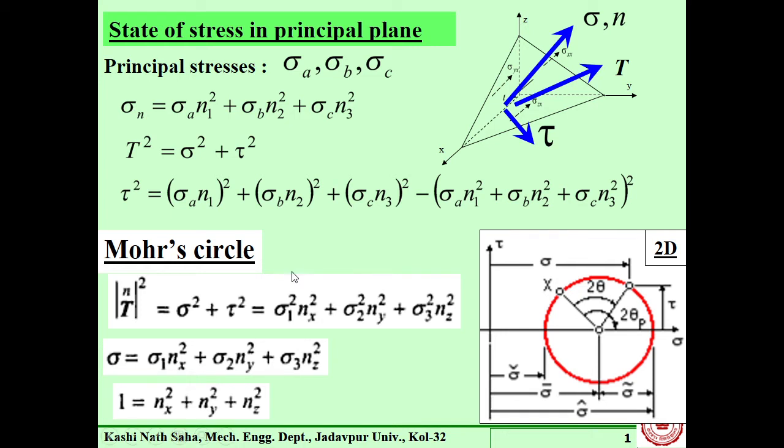Now, why are some of the regions not possible? Actually, they are coming from these three basic equations. So, for any arbitrary values of nx, ny and nz, these equations will not hold.